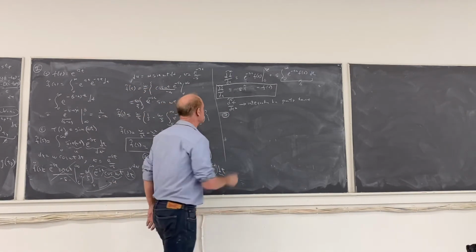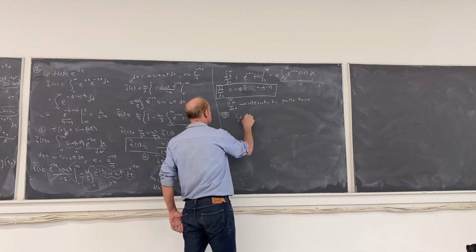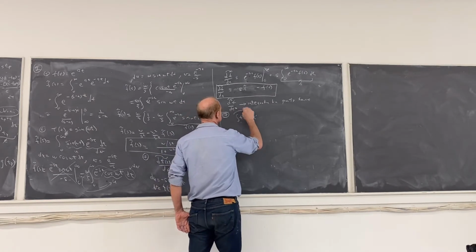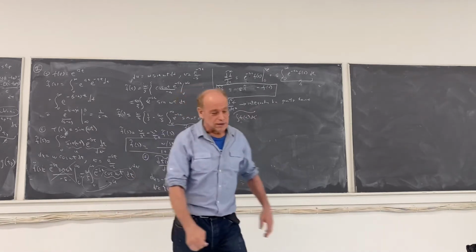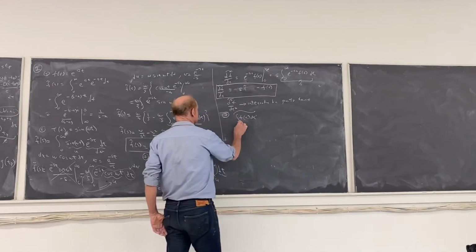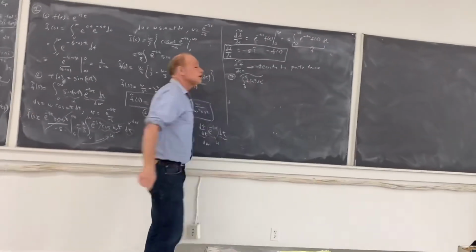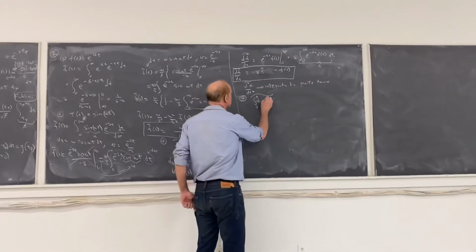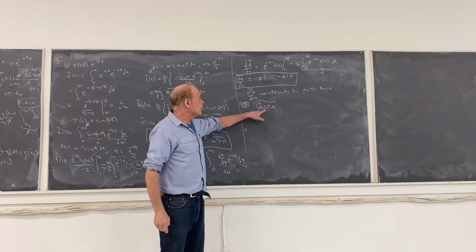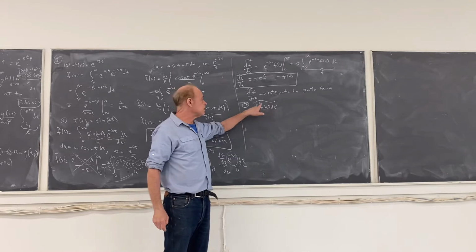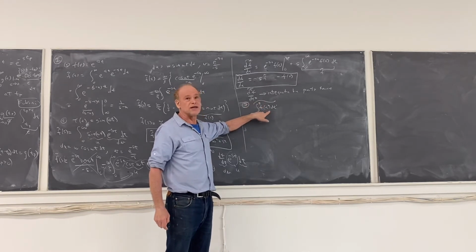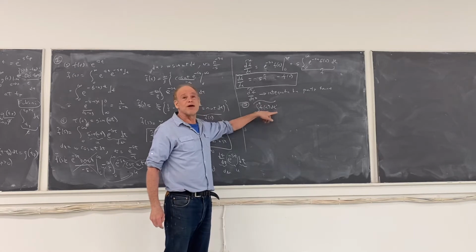So let's look at the integral of f of t prime dt prime, from 0 to t, and let's take the Laplace transform of that. Notice I put a t prime in here rather than t. I put a t prime in here instead of t because you can't have the same variable in the limit as in the integral. Because once you integrate it, it's gone.